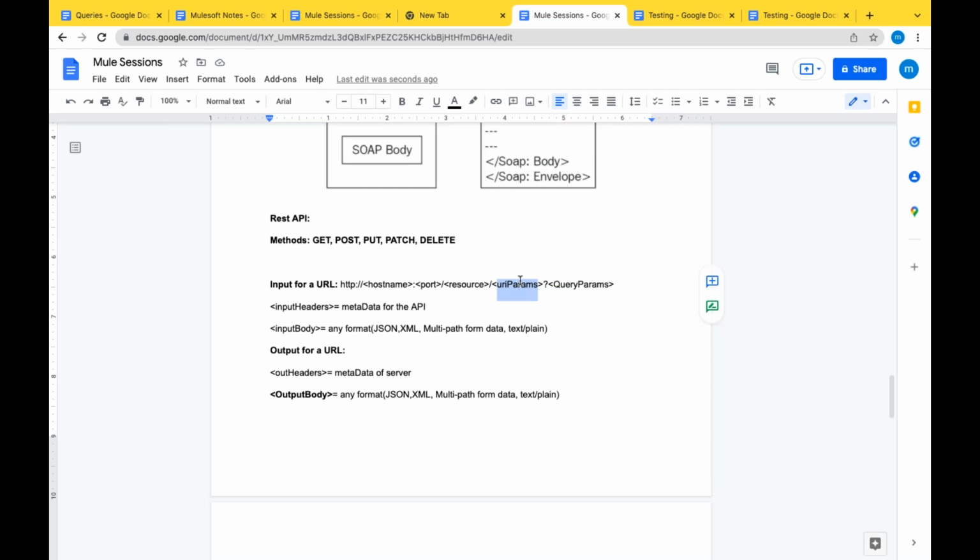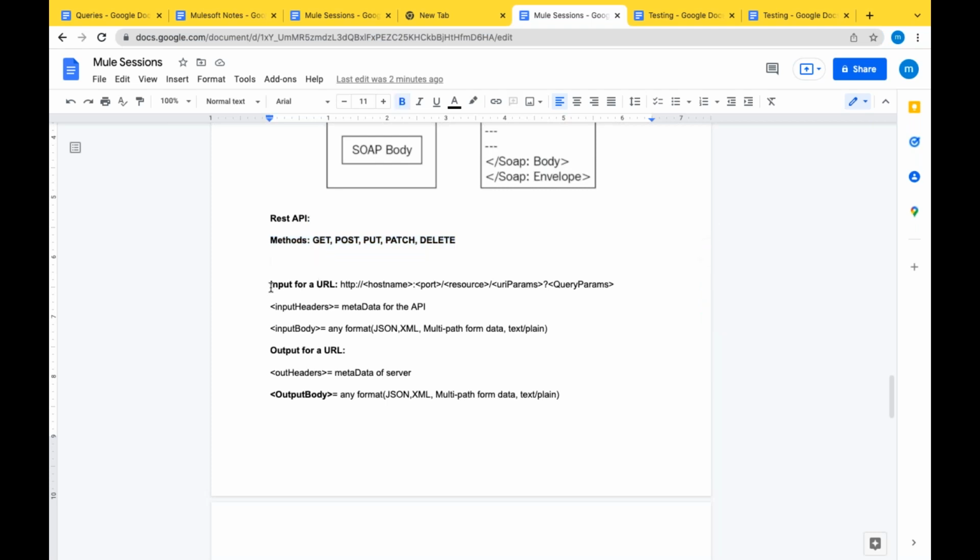So let's start with the functionality. As we are discussing, when we trigger this, we are getting this response. So how exactly for a REST API, what can be the input, what can be the output, what are the inputs that we can give, and what can be the outputs that we can expect for a REST API. So methods get, post, put, patch, delete, we will discuss later what exactly they are.